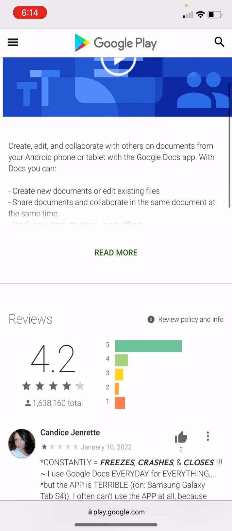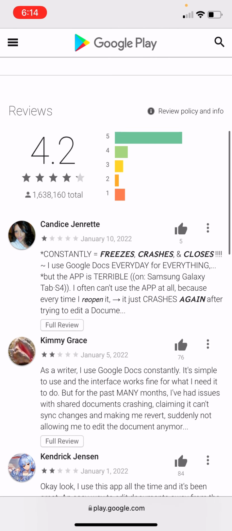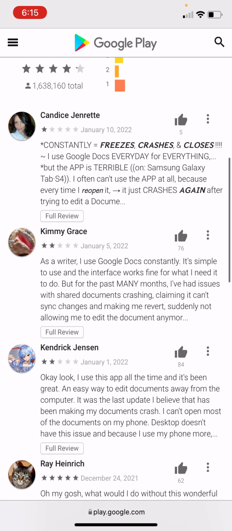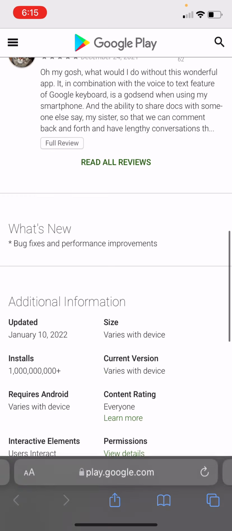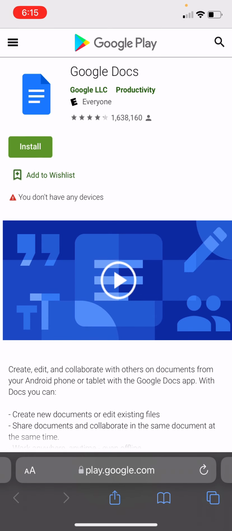And as you can tell, there's good reviews. However, this top one says that it freezes, crashes, and closes. That may be just a personal issue, but it is really helpful that you can transport the information from, say, Google Docs to Google Slides, and you can make different categories. This is considered augmentation because it just incorporates different enhancements than substitution.